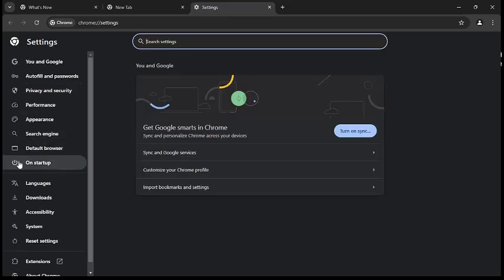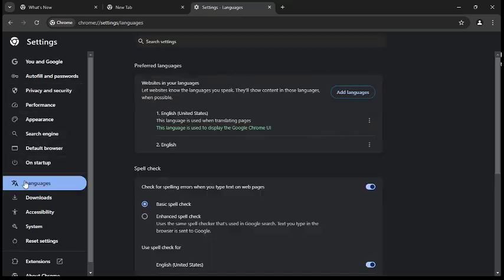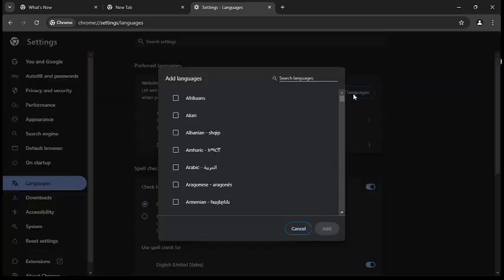Then scroll down, then click on languages. So from here you can decide to change your language. You can see the default language right now is English, which is the United States default language. Right now, if I just want to change this, just click on this option which is add languages,